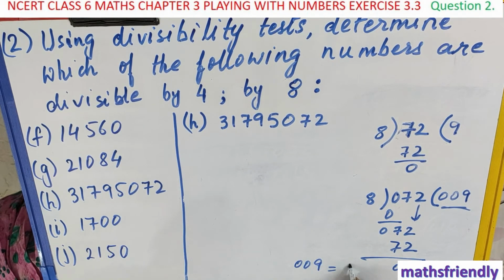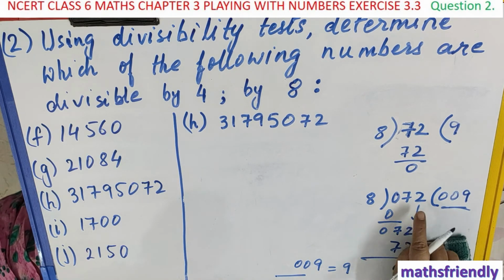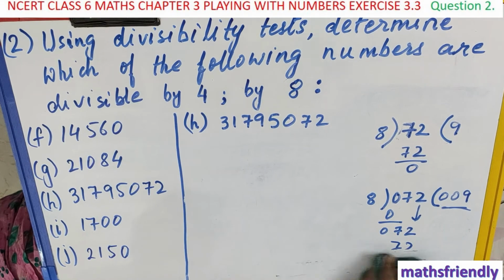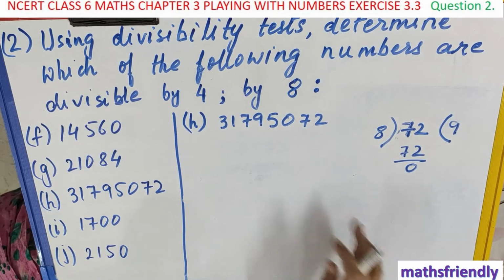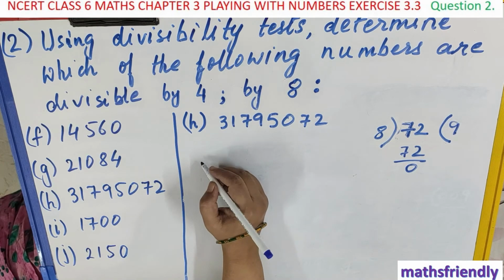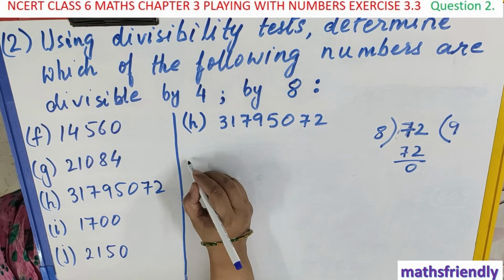009, which equals 9, because including 0 on the left hand side will not change the value of the number. So 9 can be written as 009 or 009 can be written as 9. So the quotient of this question is 9. Okay, so we can say that this complete number is also divisible by 8. So we can write, therefore,